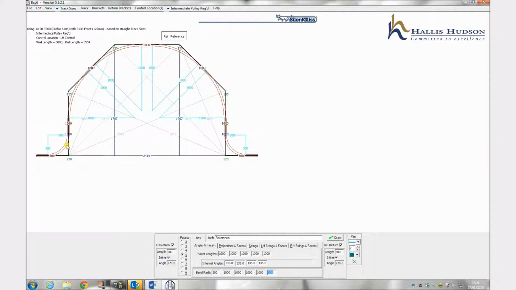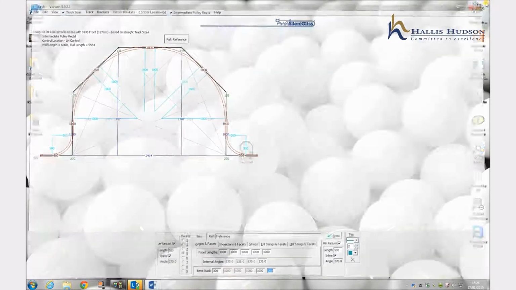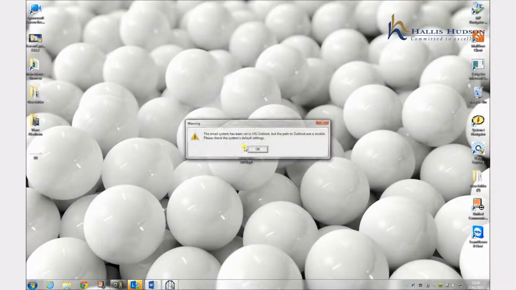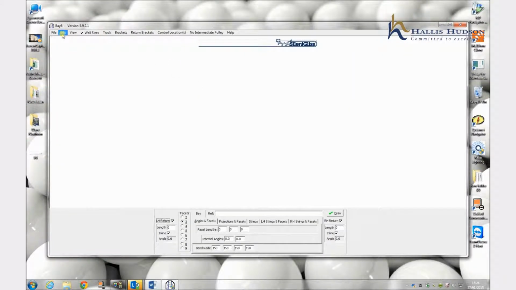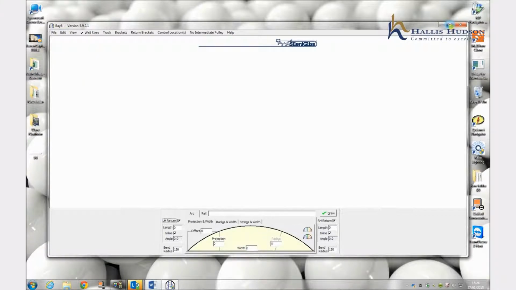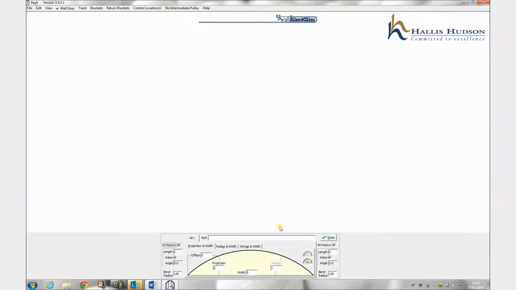Now we will explain how to plot arcs and curves. To plot an arc, click on the Edit and then onto Arc. This will bring up the input panel for creating a gradual bend or arc. There are 5 methods of entering the information. We have found that the 3 most suitable are projection and width, radius and width, and generating an arc from multiple projections. So firstly we will look at how to produce an arc by clicking onto the projection and width